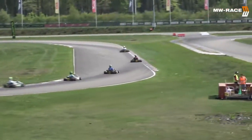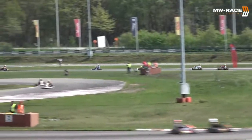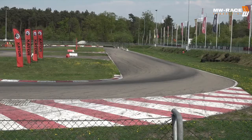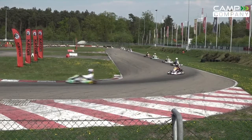So DD2 was the one that had, and there's a bit of barging there as DD2 is trying to fight back past Wisnicki, but Wisnicki was having absolutely none of it. So Henkel Mortens continues to lead. The gap now extends to 0.7 of a second, as we have